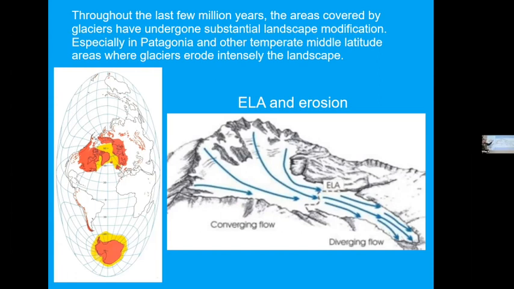So just keep in mind this term, ELA, over the next few slides. The other important thing for glacier erosion is the ELA tends to be the spot of one of the thickest parts of the glacier. That's a little more complex to get into, but it has to do with all this ice flowing together. It can have the deepest part underneath the glacier. So the ELA tends to be the thickest part of the glacier.